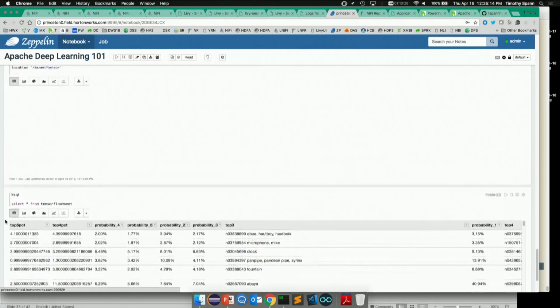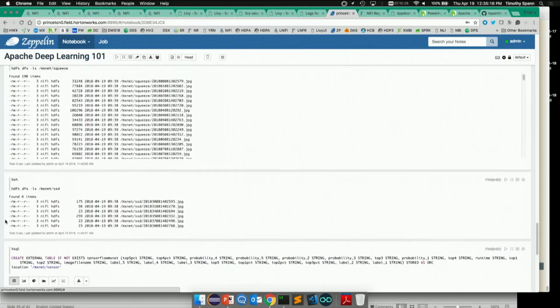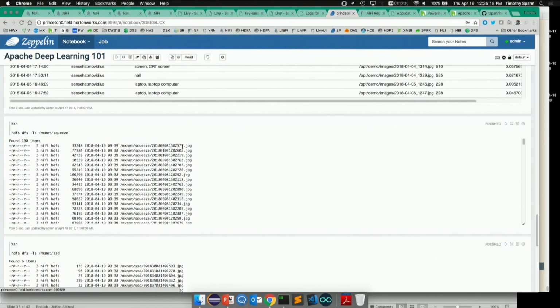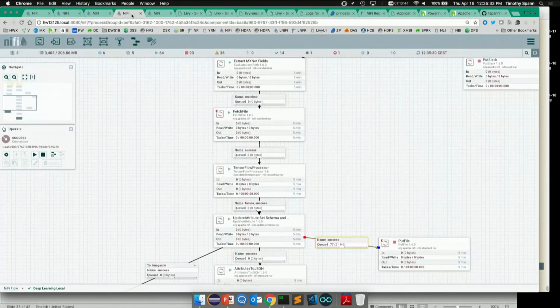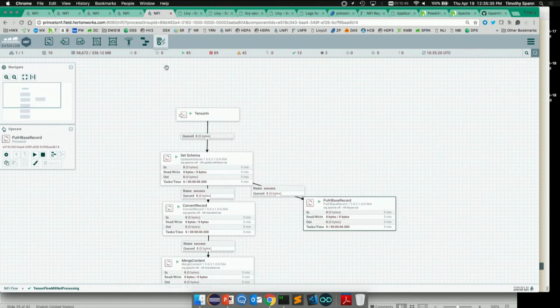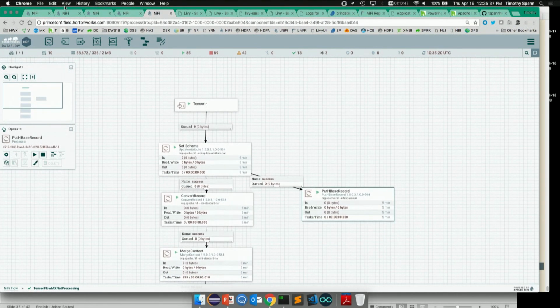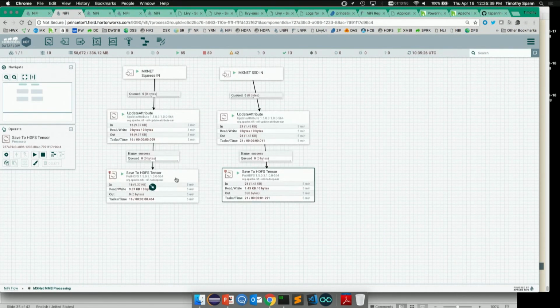Now, I didn't do anything fancy with the data coming off here. I just stored it in HDFS. As I put the images there, I could also put the JSON there. That's really up to you. That's a very simple use case. I was really more concerned with: can I connect to a model server? What do I do with it? Can I get the results? Can I save it? Here, you could do anything you want.